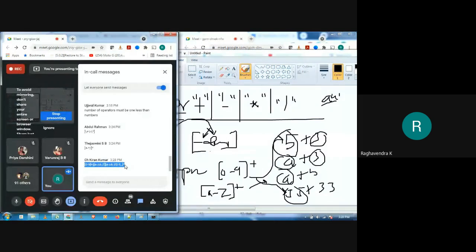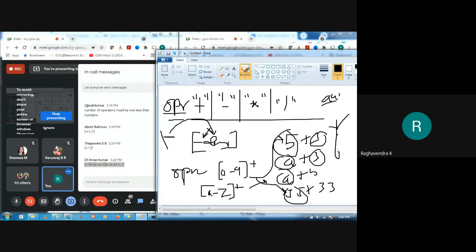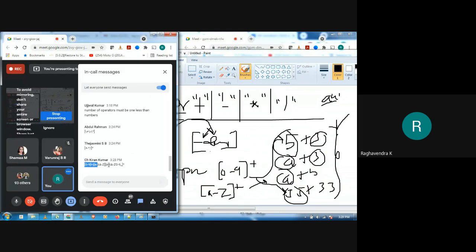Can't write it together, that's the problem. Why we can't write like this is because for the examples I have considered, I have considered only the simplest of operands. So like for some number or some character. That's it. So for that you need not write a complex regular expression like this. And also, when you're writing it together, I'll just explain why this is wrong.